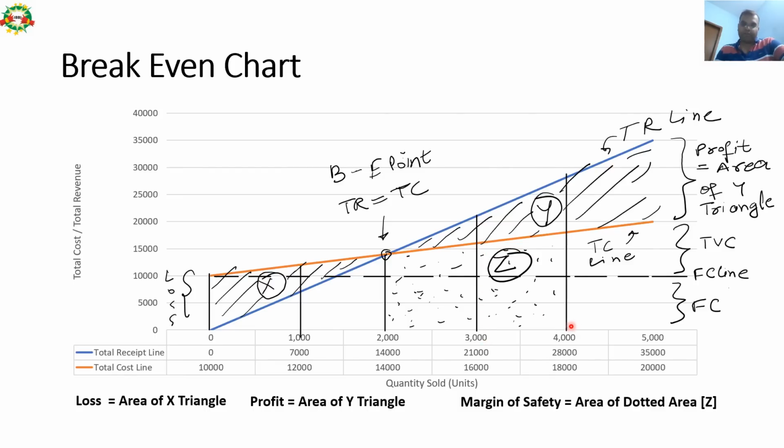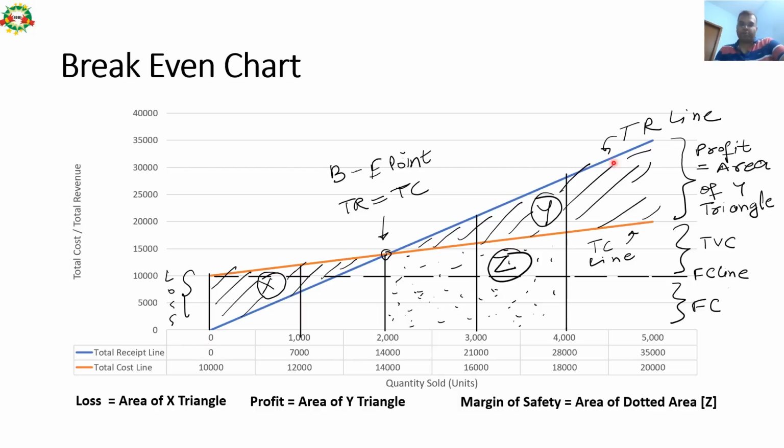At 4,000 units production level, 10,000 was the fixed cost and 8,000 was the variable cost. Total cost of production for 4,000 units was 18,000 rupees. It is where this point has come, 18,000. And at 5,000 units production level, 10,000 was the fixed cost and 10,000 was the variable cost, this part, right? So this is the total amount of variable cost. So here you can also calculate total variable cost at any production level. You can calculate level of fixed cost and TVC, total variable cost. So this is the total cost line. This is part 1, right?